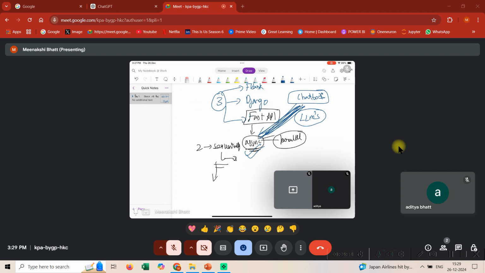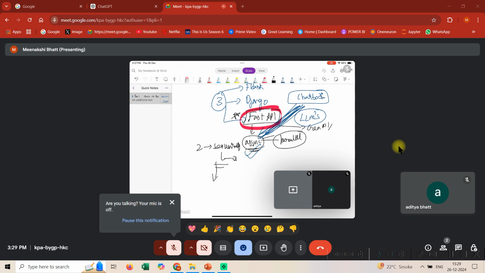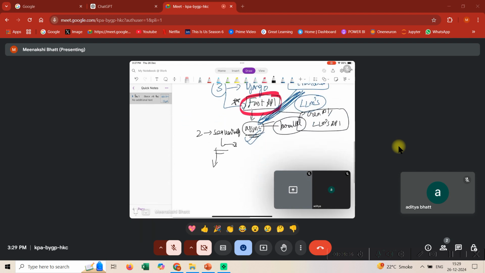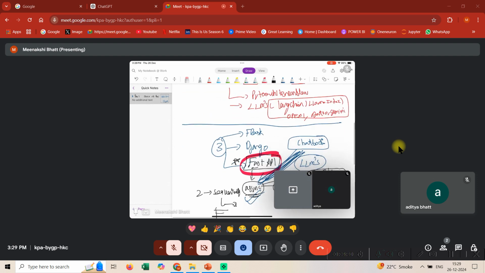That's why a lot of people use FastAPI, but that doesn't mean you need to use FastAPI every time. As I said, it is mainly for generative AI workloads where you're calling a lot of LLMs and APIs. So it becomes a simpler choice, and it is nowadays a lot in buzz because of this. So you need to understand the difference between Flask, Django, and FastAPI